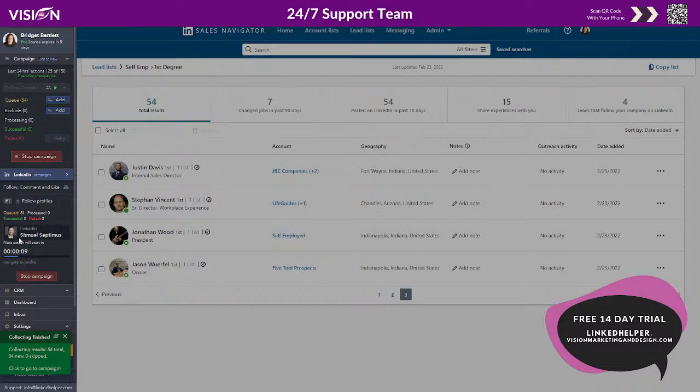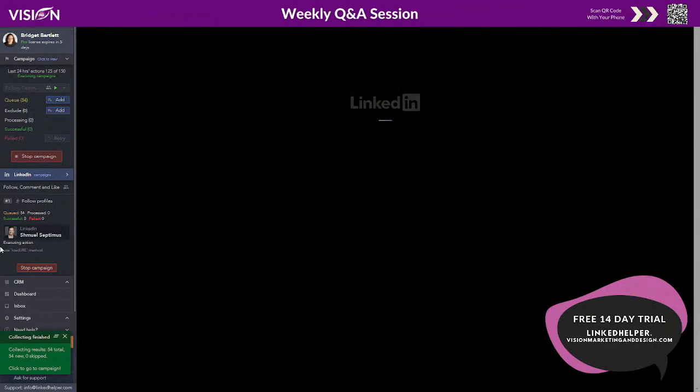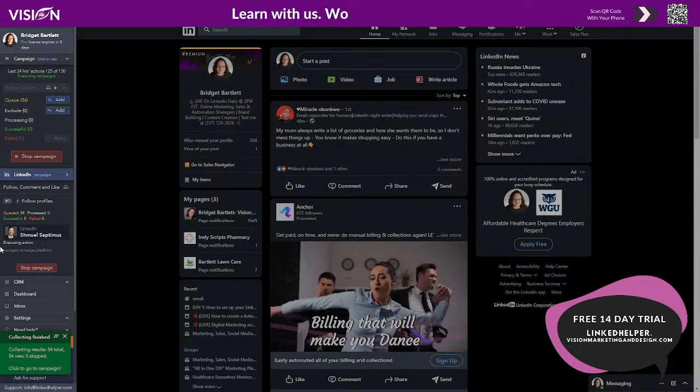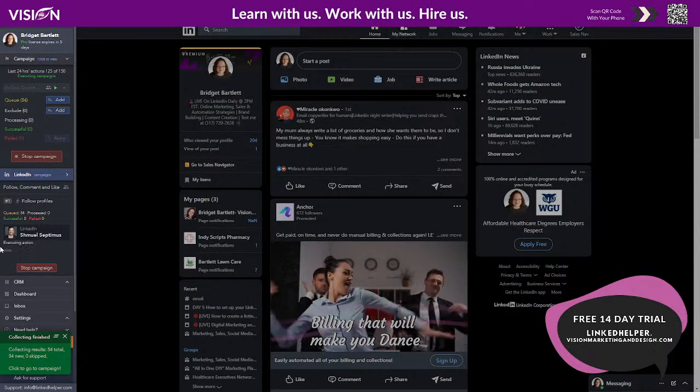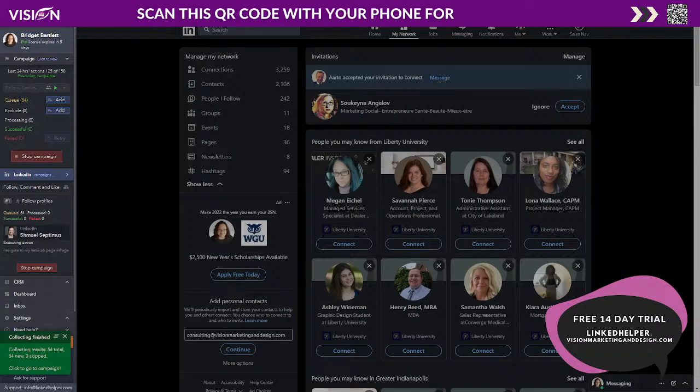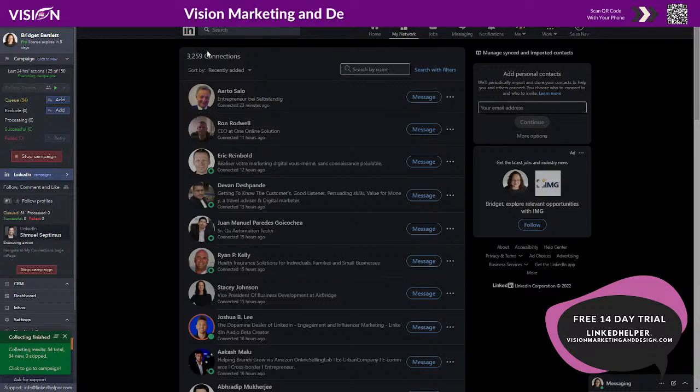It hasn't processed any yet, and it's saying the next action will start in 11 seconds. What it's going to do is go to this person's profile here, because I guess that was the first person in the list. As soon as this counts down, you'll see how it moves. So now it's going to this person's profile. And so we're waiting. Then it tells you down here what it's doing. So it's looking for this person. And sometimes you'll even see that it'll type the actual name up in the search bar here. So let's see what it actually does.